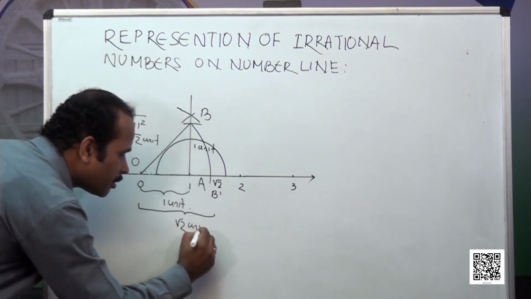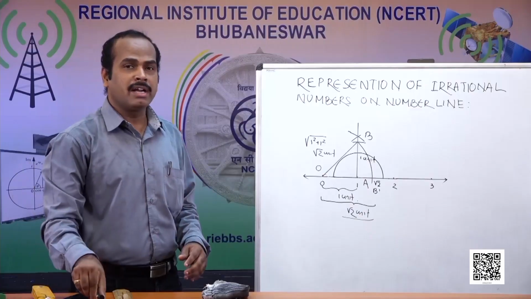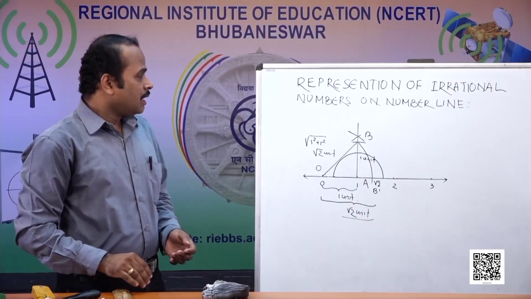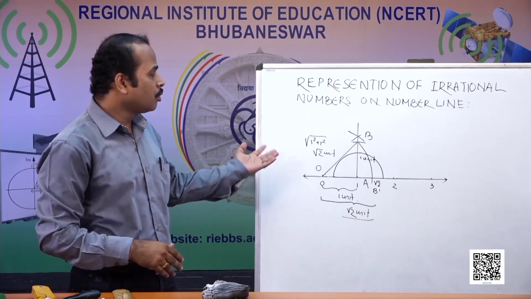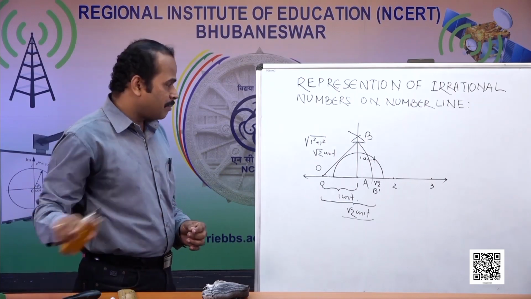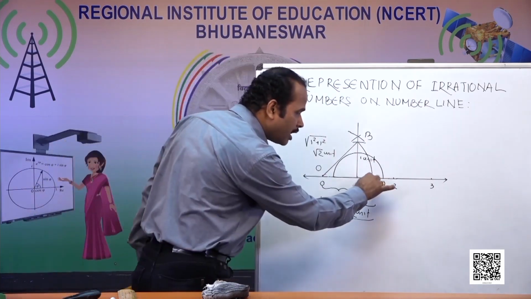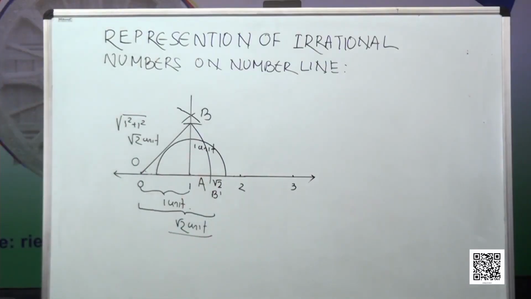This is root 2 unit. Okay. So now we learned how we have presented root 2 on the number line. Now if I want to find root 3 on the number line, how will I do? Again from the same point, the point root 2 I already got on the number line, from that point, let me draw another